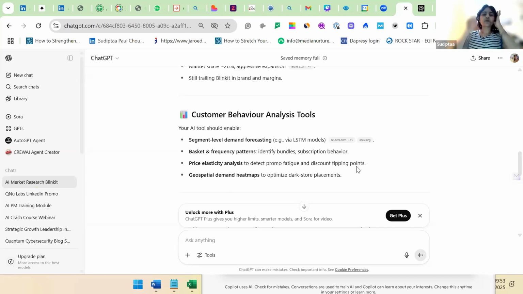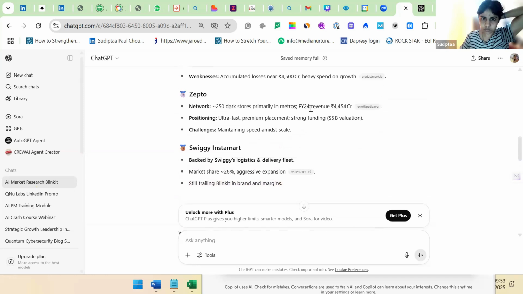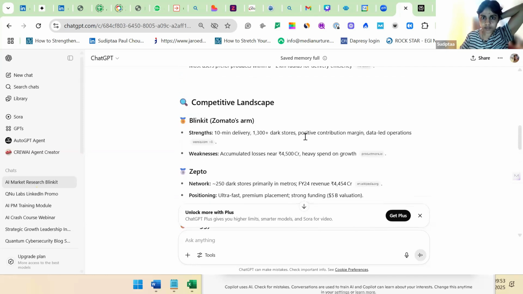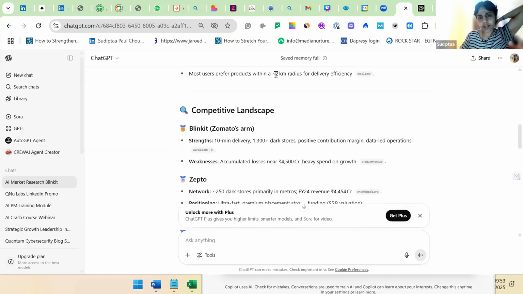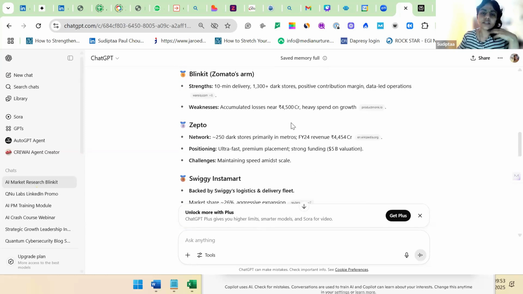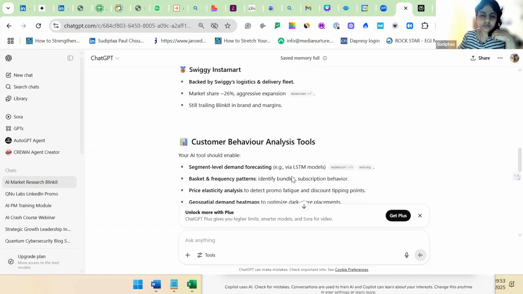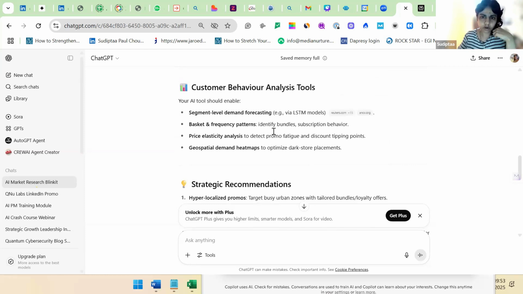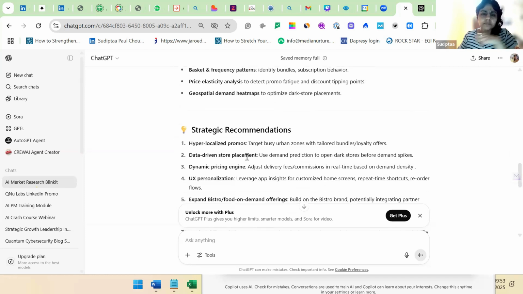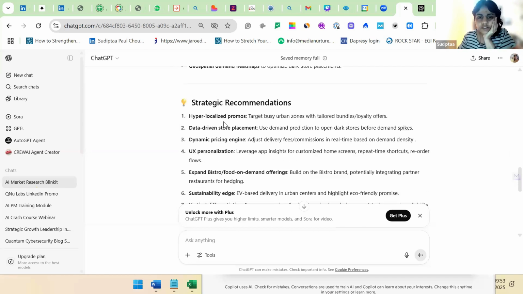So within 2 kilometer delivery, you need to identify this. This is a very, very important concept. What are the things that you can actually identify? Which are the stores that can actually keep this inventory for that particular product, for that particular company? Now, strategic recommendation, hyper localized promos.